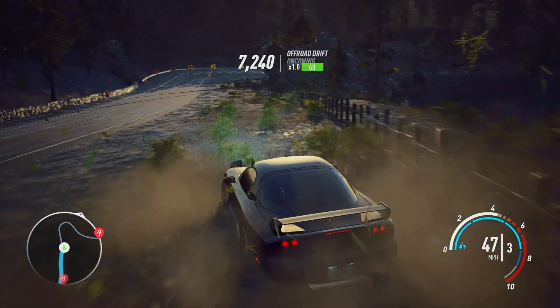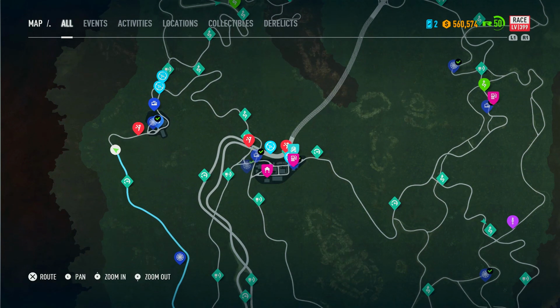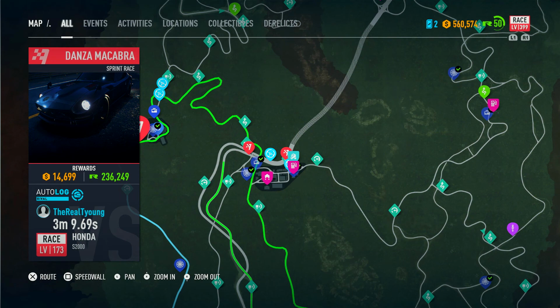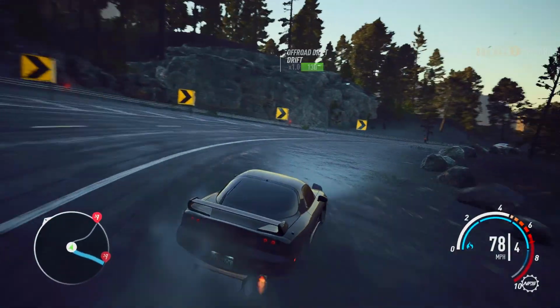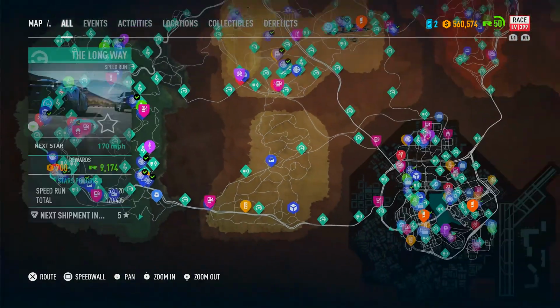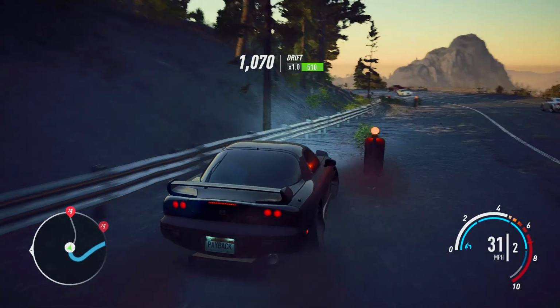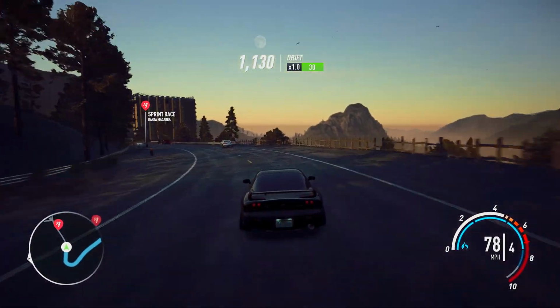Did I pass my race up? Or am I just doing something wrong? Oh no, I'm getting close to it, right? The Danza Macabre, I think that's the race I set up that I wanted to do. I don't know why my waypoint, where's my waypoint going? Oh, that might be it. Yeah, I think I passed it up. How did I pass it up? That's crazy. Screw it, I'll just do the one that's in front of me. I don't know how I passed it up, but